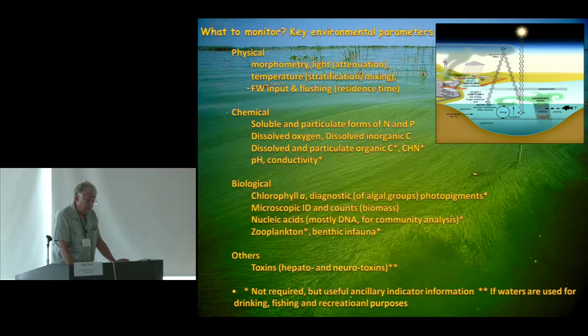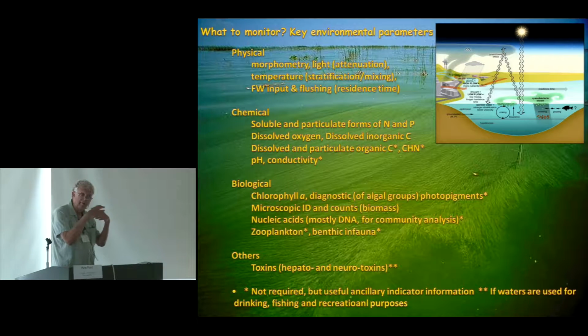Biological parameters: chlorophyll, the basic parameter for measuring algal production and biomass in the system, and then other pigments that we can now measure using instrumentation like high-performance liquid chromatography, the diagnostic pigments for the different phytoplankton groups that the cyanobacteria are competing with. These are measurements that are made in labs. They're fairly sophisticated measurements, but the samples can be collected anywhere in the world and then shipped to a place overnight, using just refrigerated sampling, nothing fancy, to determine the total community structure of the phytoplankton that they're competing with.